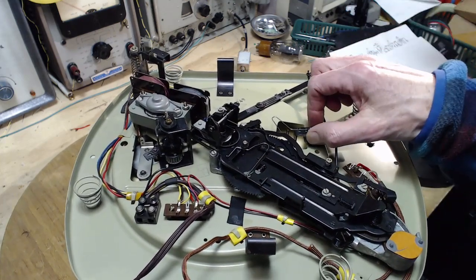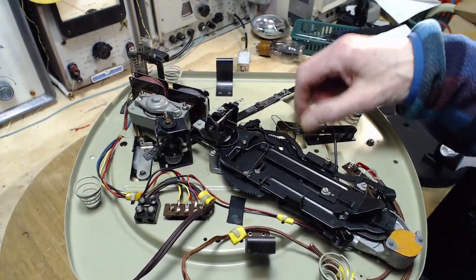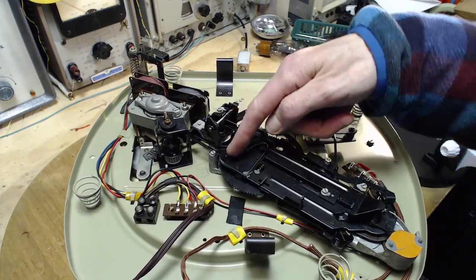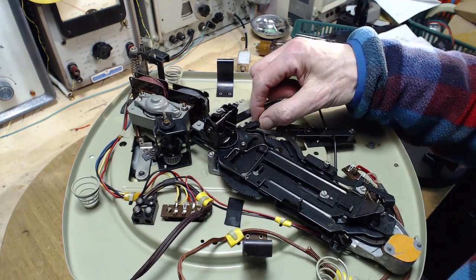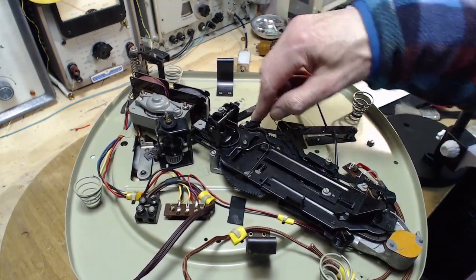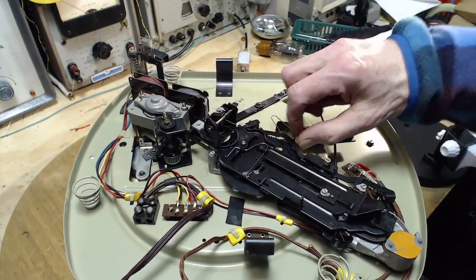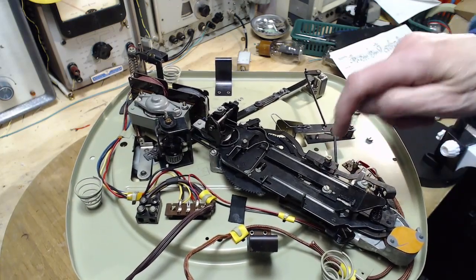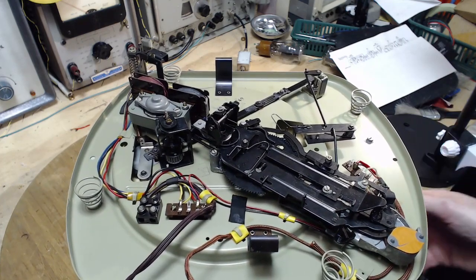Lots of other little mechanisms here. I don't know what they are exactly. But you can do what I'm doing. You just kind of wiggle things a little bit and look for what's moving. Look for evidence of previous lubrication. Don't lubricate everything offhand. That's not a good idea. There's a few things that should not get lubricated. In particular, this part here. Right in here. Should not be lubricated. Okay, I think that's pretty much a...